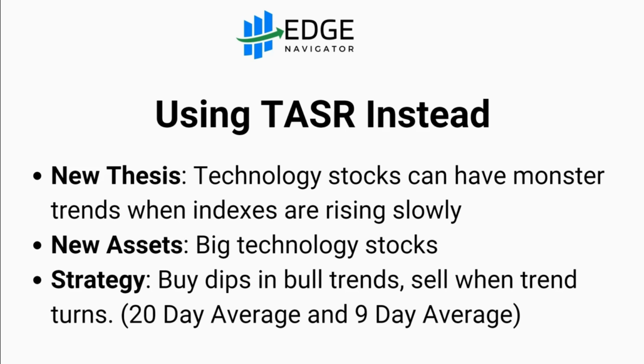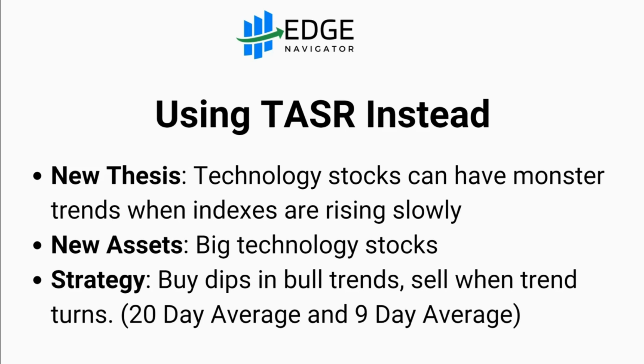Also, when I could buy the S&P 500 ETF and then sell it on a reverse signal, I may make a tiny bit or lose, and some of these tech stocks will have had a nice big run during that time. So the strategy I'm going to apply, and I'm going to give you more details on the rules in a minute, is to buy dips in a bull trend and then sell when the trend ends or turns, okay?